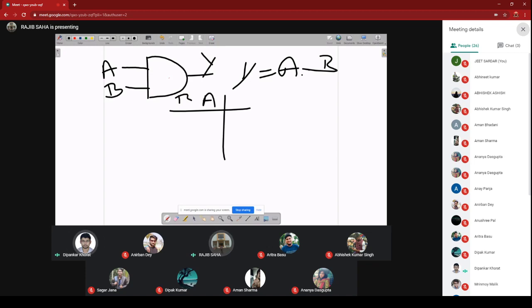If we consider A and B as the input, our input combination is 0, 0, 1, 1 and 0, 1, 0, 1. The logic of the AND gate is if any 0 is there in the input, the output becomes 0. And if all inputs are 1, then only the output is 1. So only in this case we are getting a 1. And in all other cases, we are getting 0 because we have 0 in the input. Whether it's one 0 or more than one 0 does not matter. If there is a single 0 present in the input, the output becomes 0. Okay. This is for the AND gate.